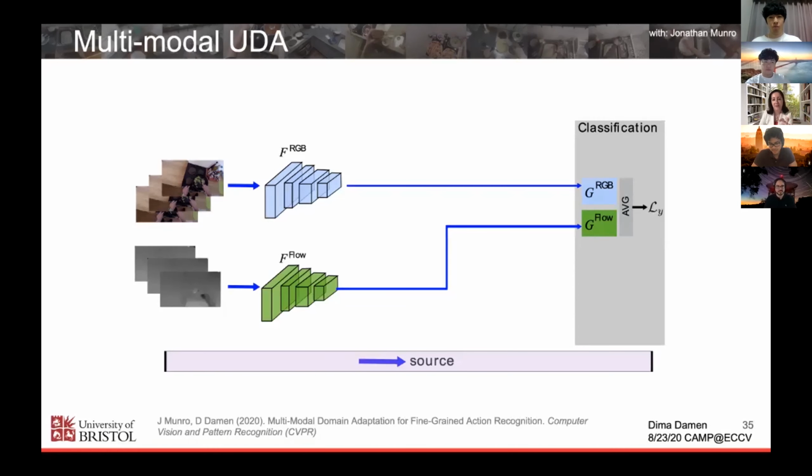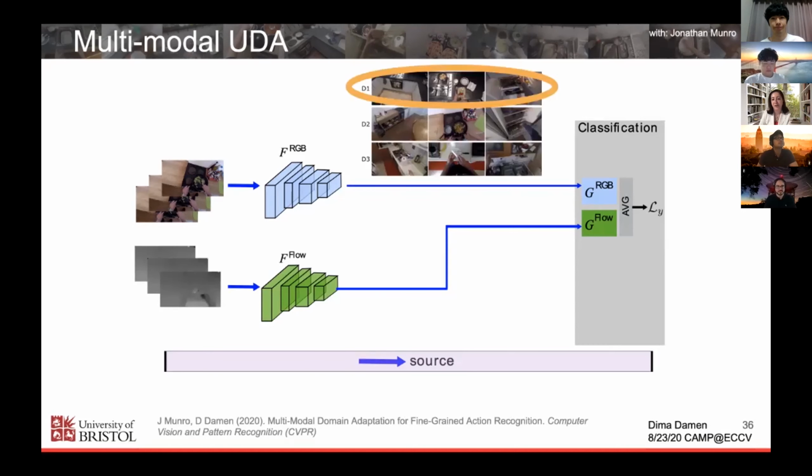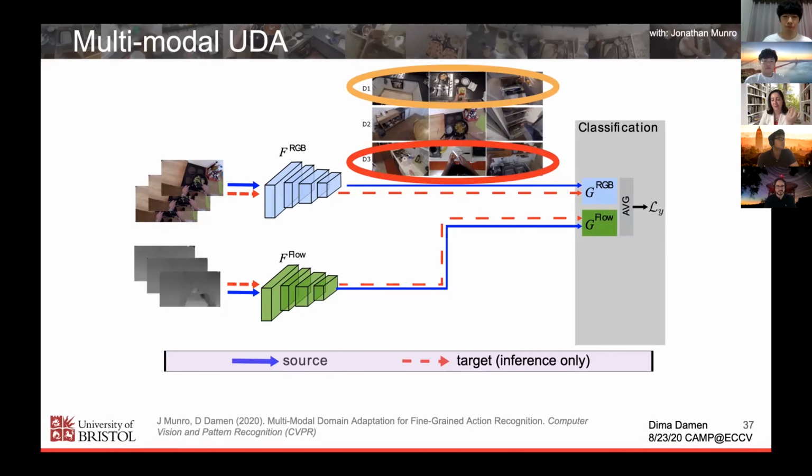And again, you have an i3D that's projecting flow, and then you're doing late fusion to classify the action. If you actually learn this from all the actions observed in one of the kitchens of Epic Kitchen, then you try to predict these actions from a completely different kitchen. This is the inference. You'll realize it does really badly because it had only learned from a single environment.